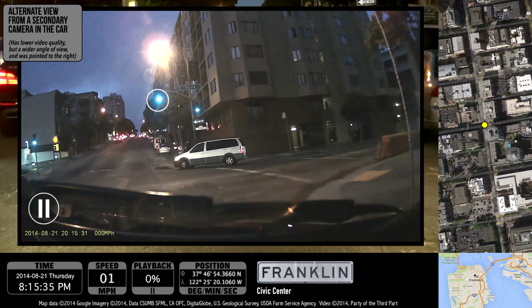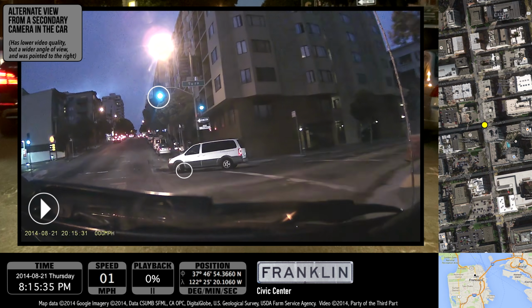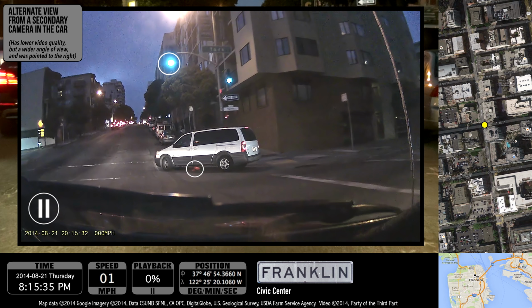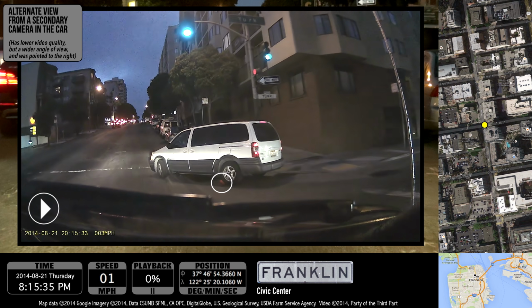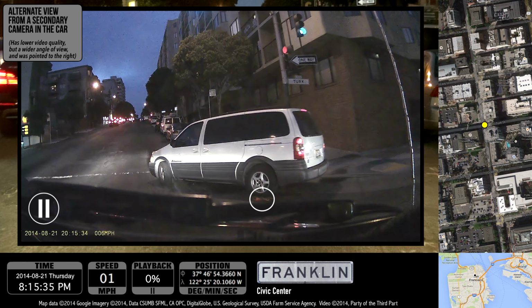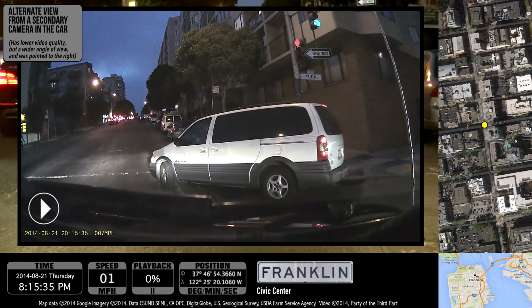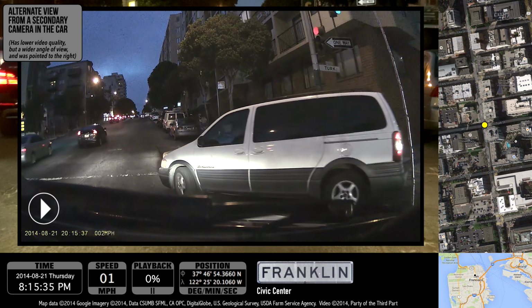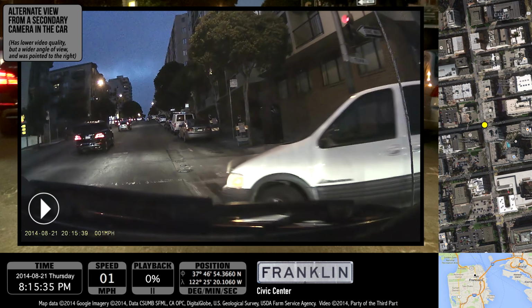But that's not the whole story. If you look closely, you'll see apparently at some point in the past, he has run over a construction cone and is dragging it along. And as he makes this turn, it comes loose and he starts running over it, which I guess maybe causes him to panic because he thought something's going wrong or he ran over something. I don't know. Of course, I didn't notice this when I was driving. I only noticed this after I went back and reviewed the video.